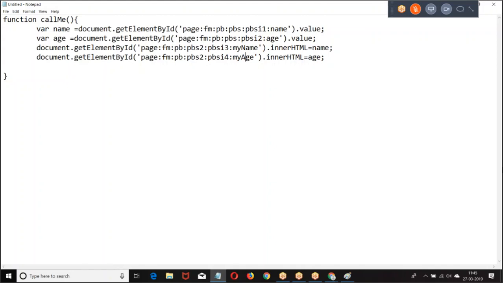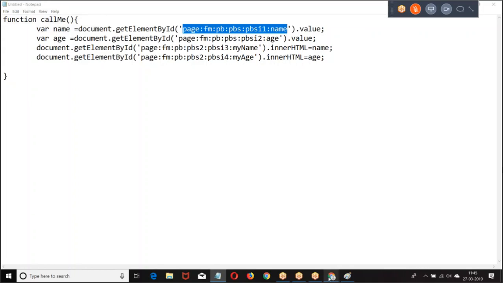Okay. Now, every time giving such a lengthy name, the complete path, is difficult for me. Say only 10 or 20 lines you are able to give. Suppose you have 500 lines of page, will you give the complete path? It will be difficult. Then how do you do that?